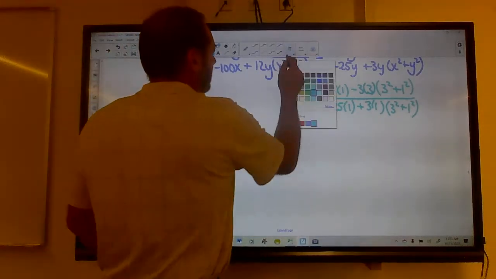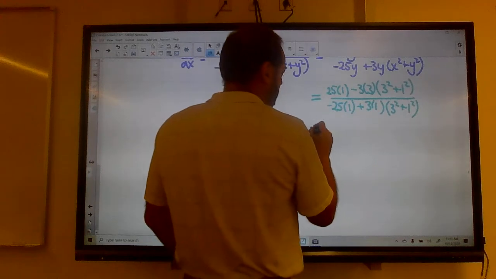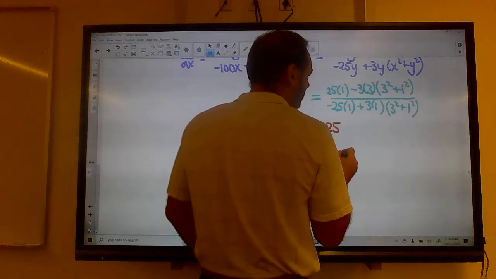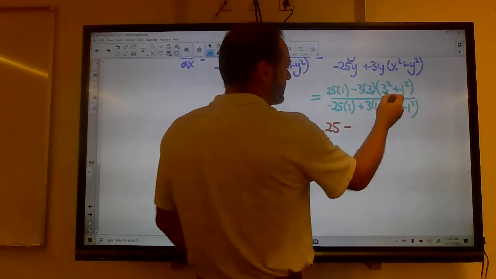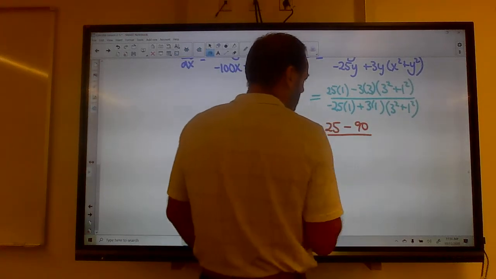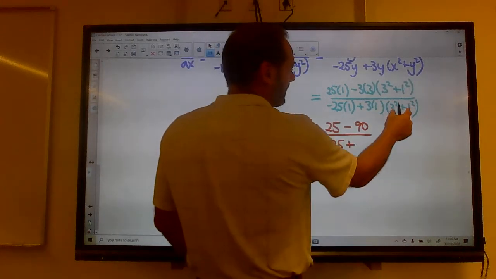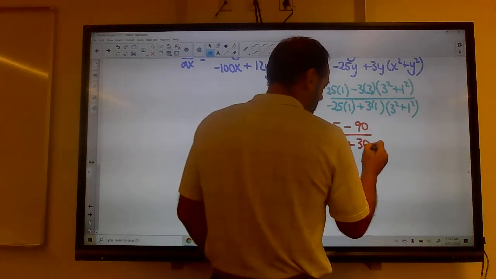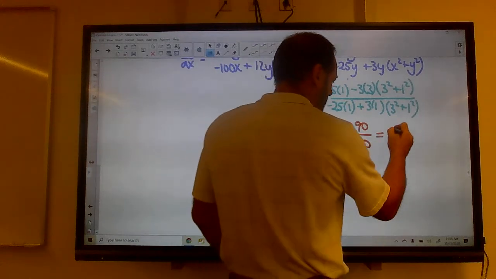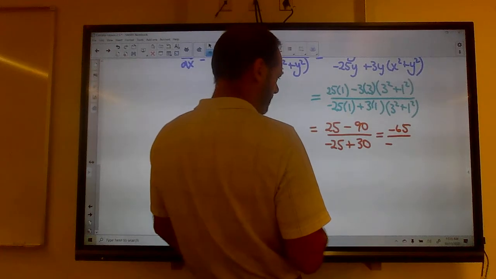And now it's just calculating a number here. So this is 25 minus, this is 10, and 10 times 9 is 90, over negative 25 plus, that's 10 times 3 is 30. So that's negative 65 over negative